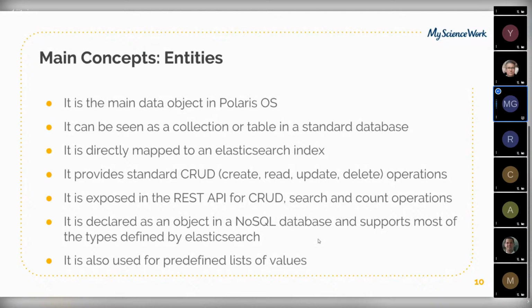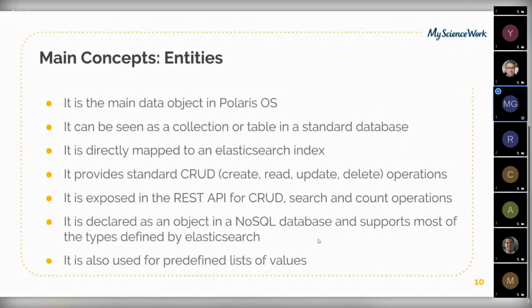As I said, being a NoSQL database, you can have multiple types of data within the same record in the database, meaning that you can have, for example, multiple objects within the same record. And we use these in Polaris OS also, for example, to store a predefined list of values. Imagine you have different types of publications and you have a list of 5, 6, 7 types of publications. We're going to have normally an entity storing that, so that it can then be used in the drop-down field to show all the options for a type of